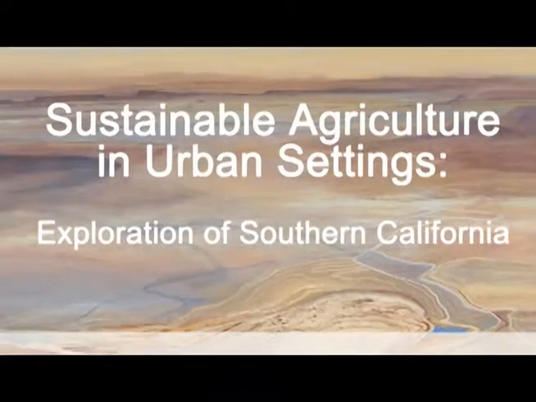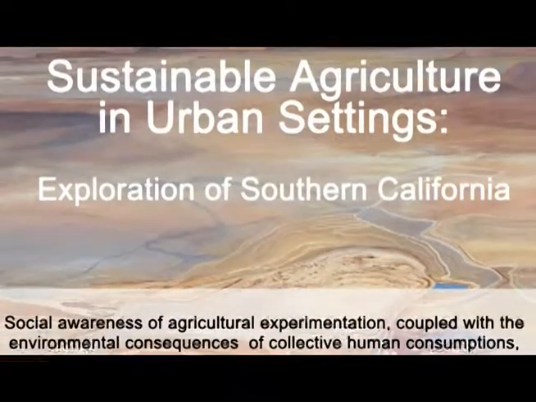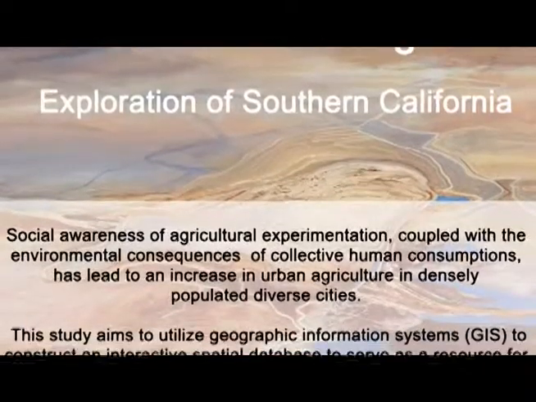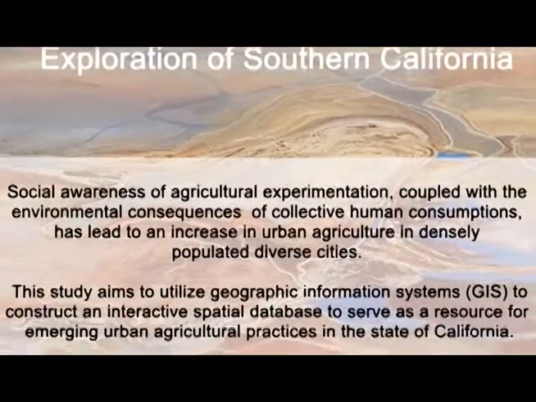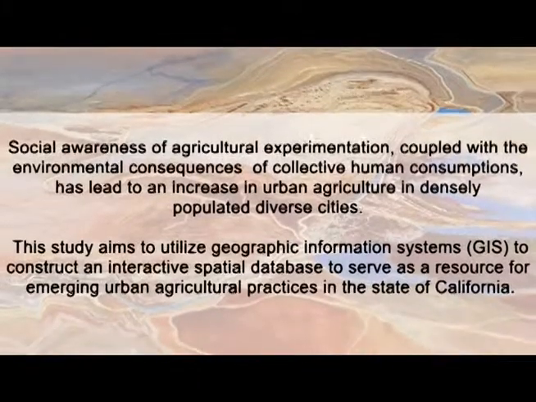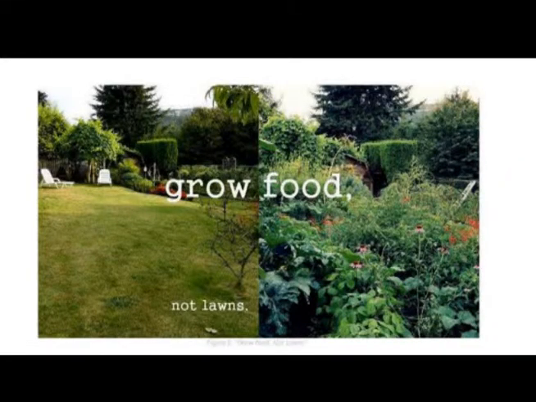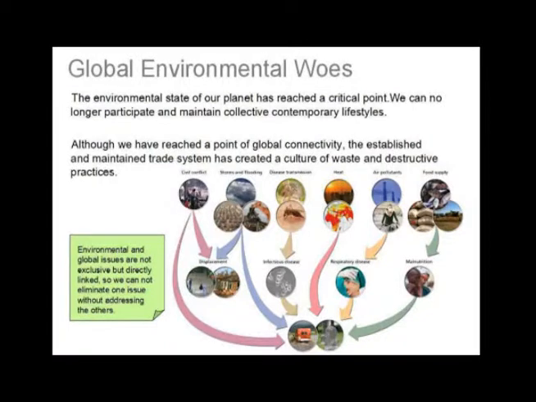As an emerging social movement, urban community-based agriculture is still an under-researched area, which can make it difficult for new participants to get involved at the local level. California lacks a central, organized, virtual platform to integrate this information. My app is aimed to utilize geographic information systems to construct an interactive mobile application to serve as a resource